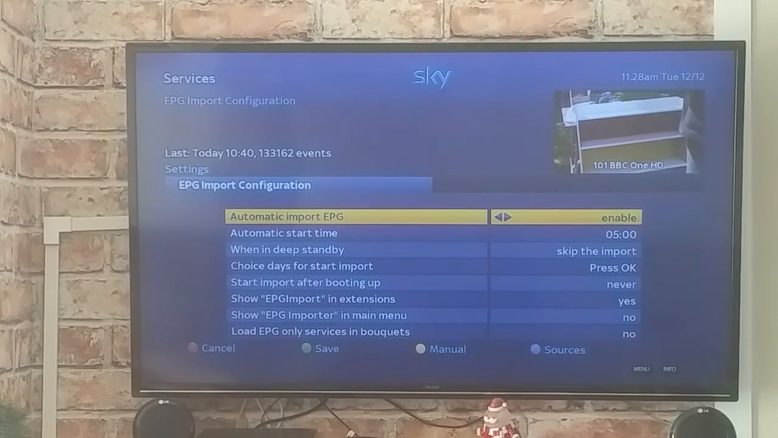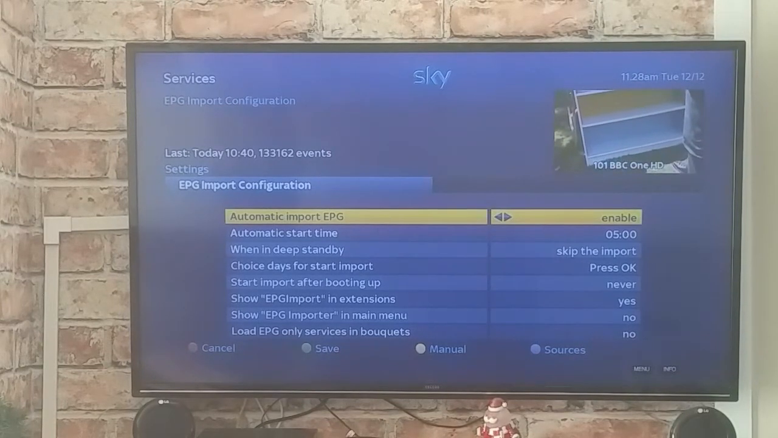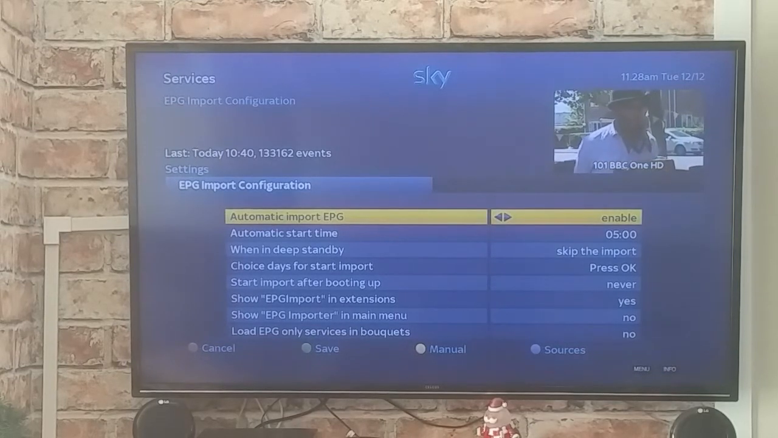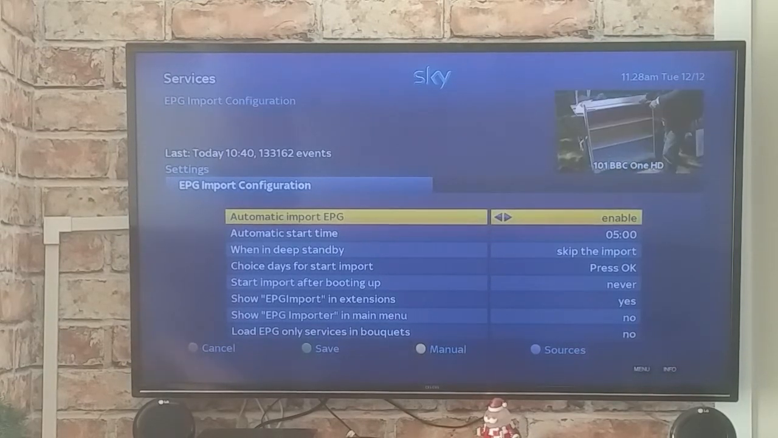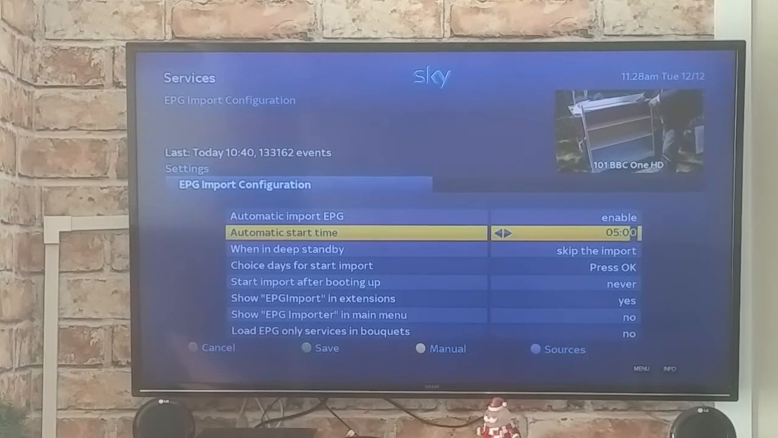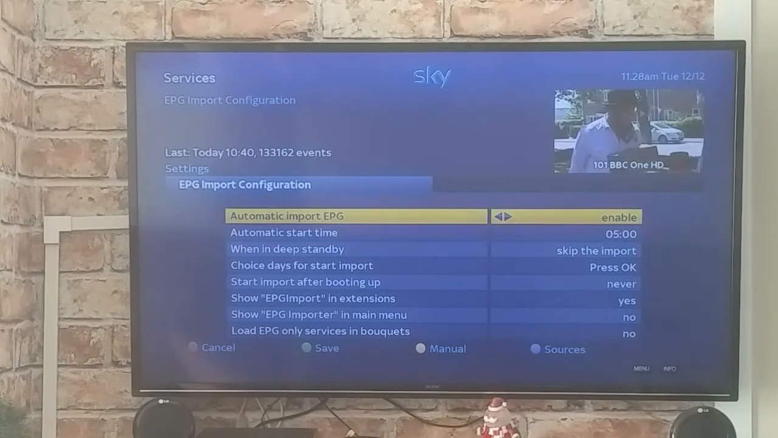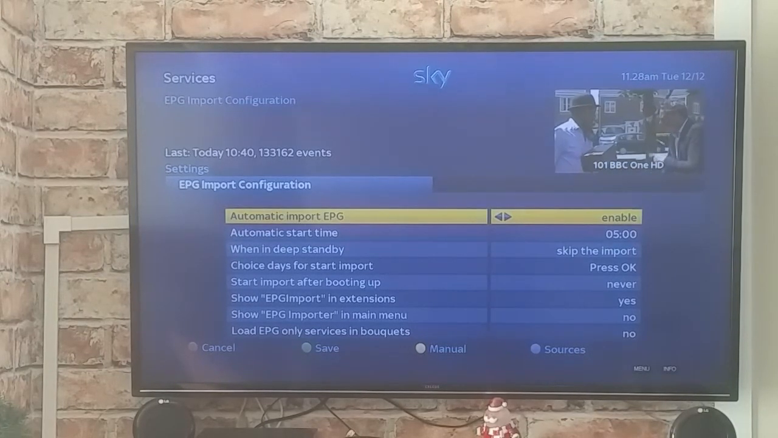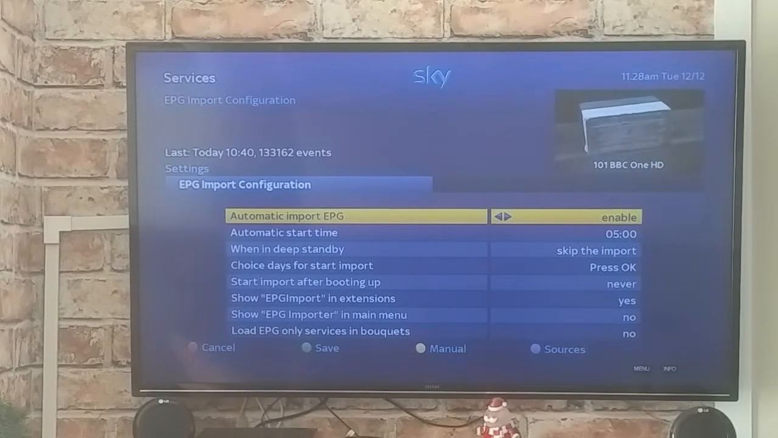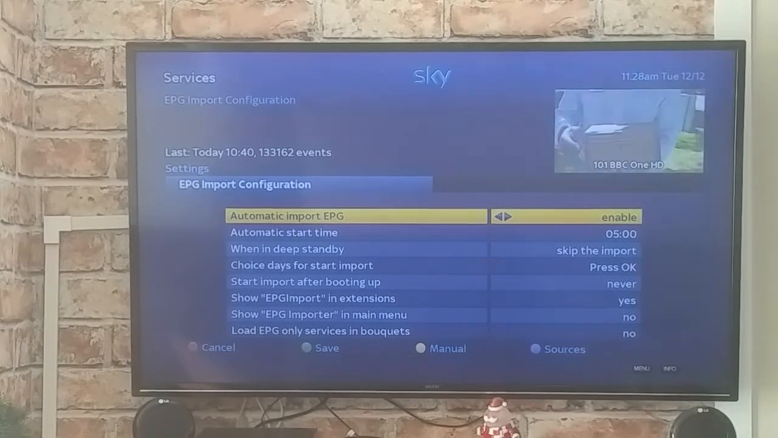So in here you can see automatic import EPG is enabled. It should always be enabled, never disable it, and that makes sure that every morning your TV guide updates itself. So mine's set for 5 o'clock, but you can set that for whatever time you want. But yeah, always make sure it's enabled. So obviously it is. If it isn't, enable it, green to save it,